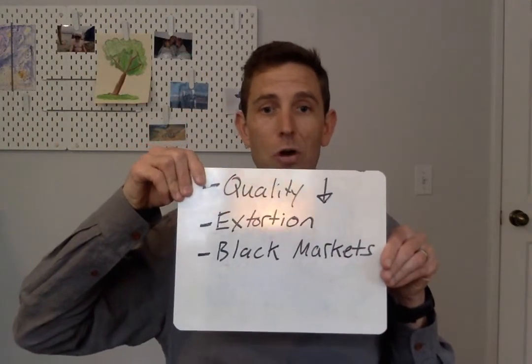So extortion takes place. We also see black markets in some cases when rent control laws are put into place. Black market is any sort of economic activity, people buying and selling stuff outside of the confines of what is legally allowed. In the context of housing markets, this black market then would take the form of subletting or renting out units in a way that is not permitted by local laws.